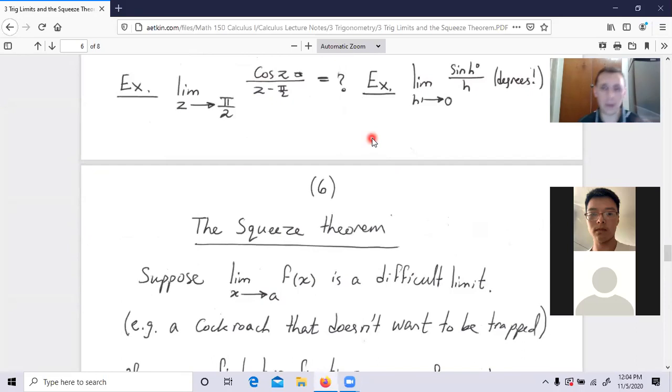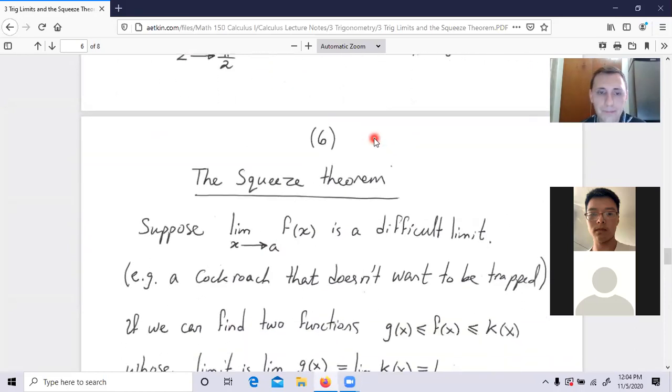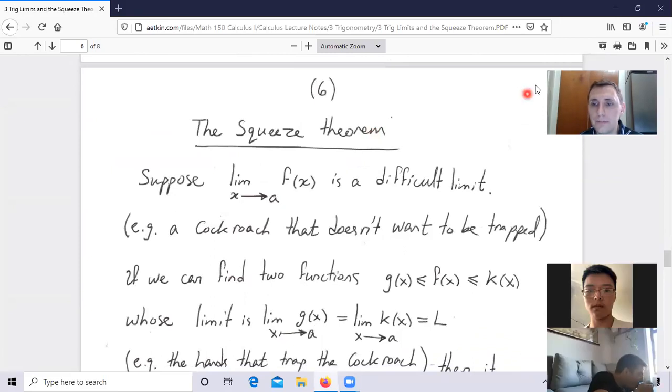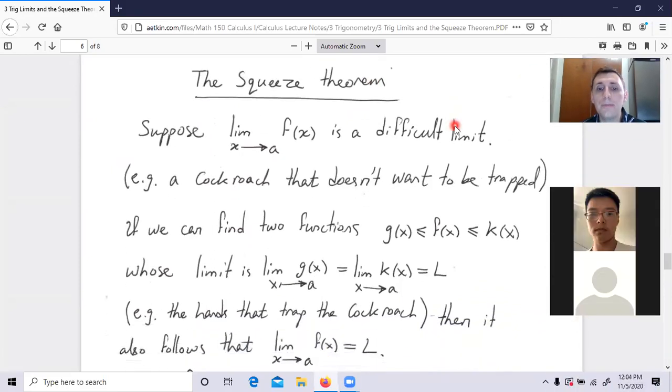Now we are talking about the squeeze theorem, guys. Are you ready? It's very difficult to apply this theorem, but imagine that